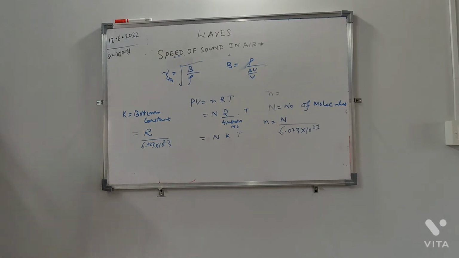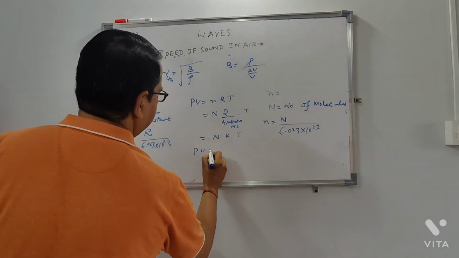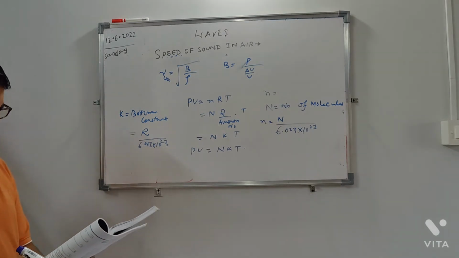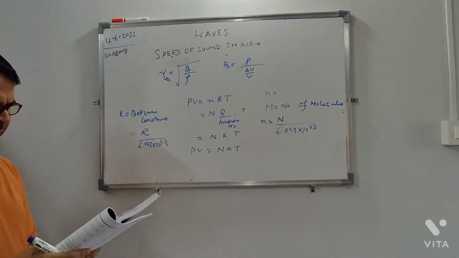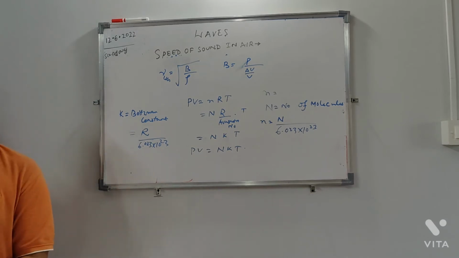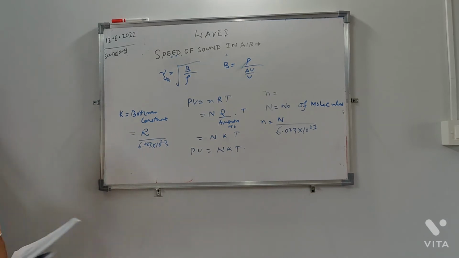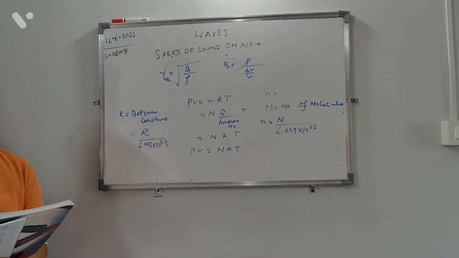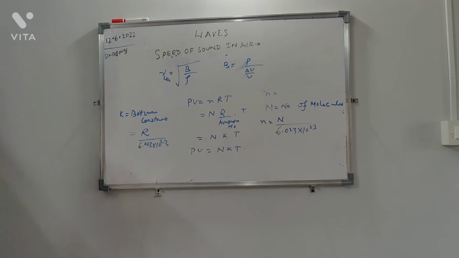If this is the case, you can write PV is equal to a constant. So in this equation N is the number of molecules, K is Boltzmann constant, T is the absolute temperature of gas. So for an isothermal change, it follows from